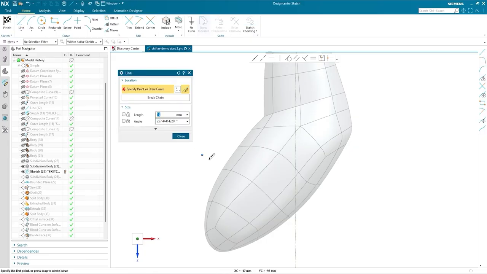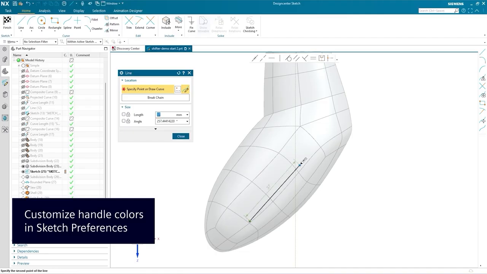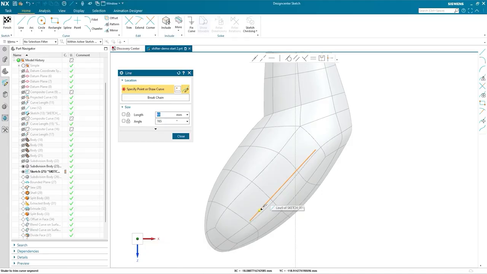Begin drawing a curve, and the pencil icon will indicate that you're in curve creation mode. There are 3 modes of contextual behavior, indicated by the color of the handle next to the pencil. Blue indicates that no snapping is occurring. Yellow means that point-on-curve snapping is recognized, and green indicates coincident snapping. NX intelligently switches to the most relevant mode as you move the cursor around the sketch, making curve creation more